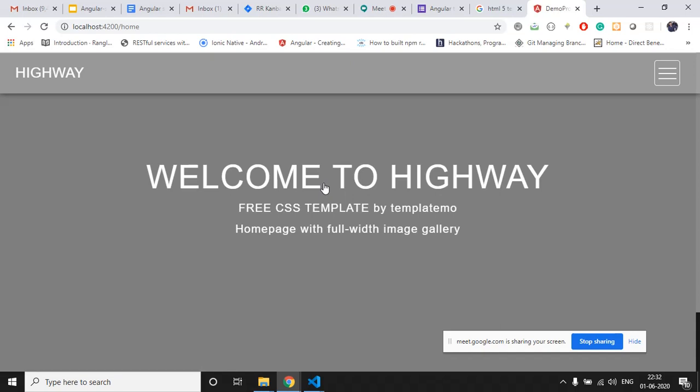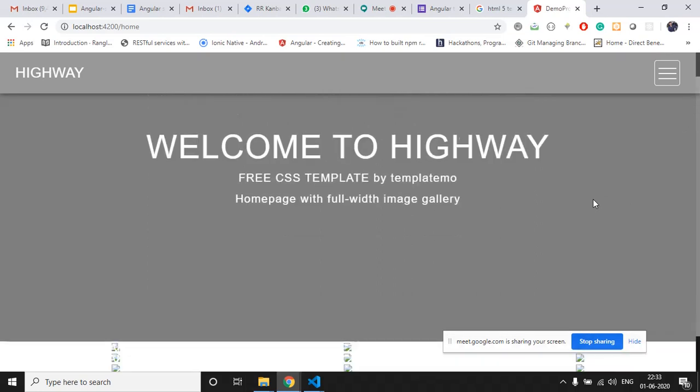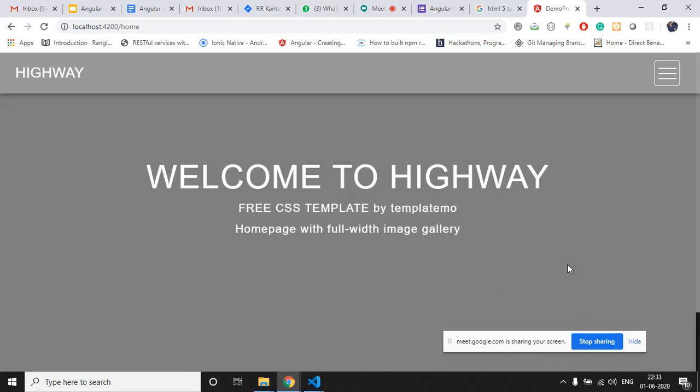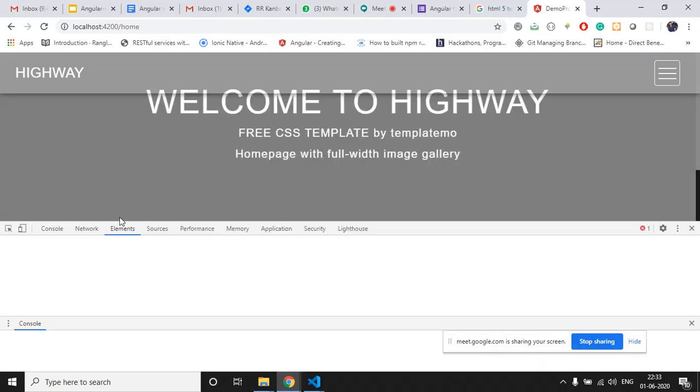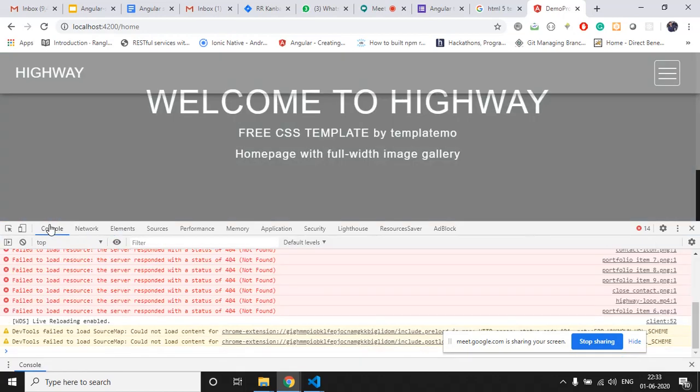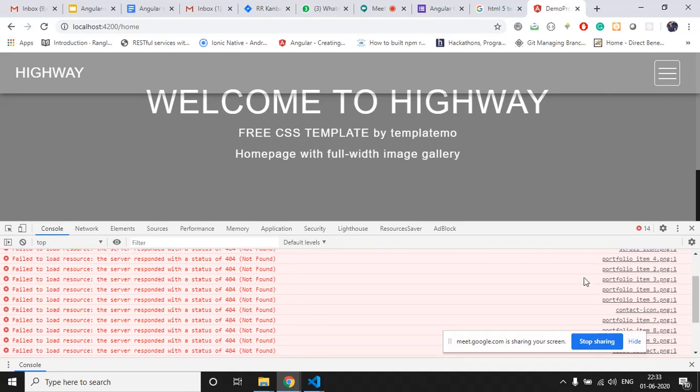Now here we can see that we have imported that template as well, but this is not working as it was working in the demo, right? So we can see the errors in the browser console. What it is showing is it cannot find the image, portfolio item 3 image, because the path was not correct.